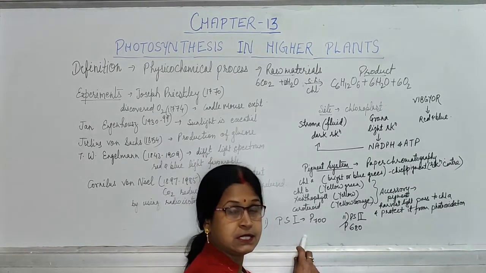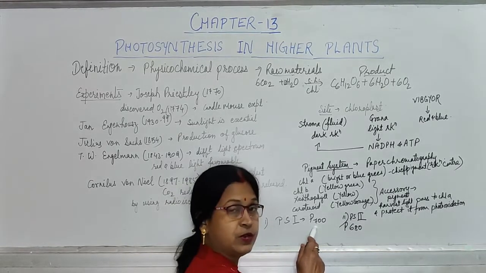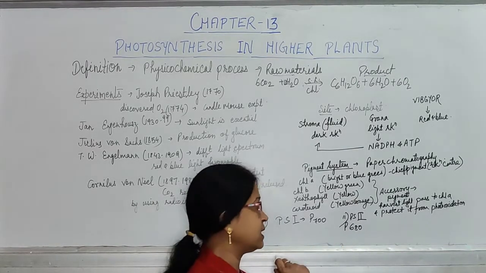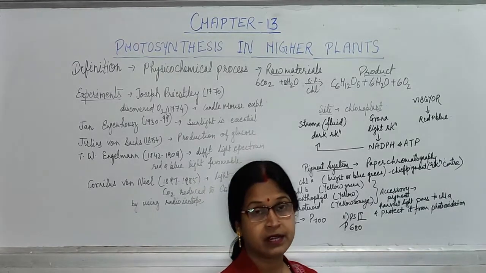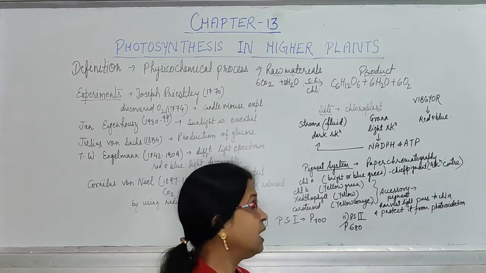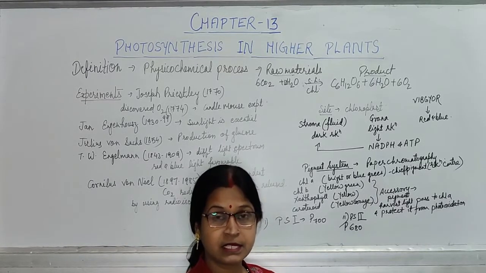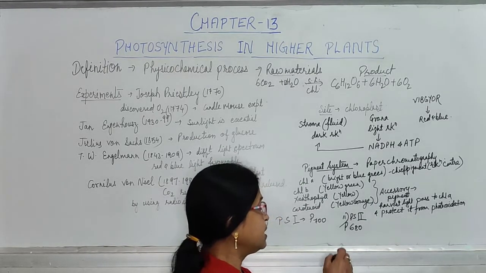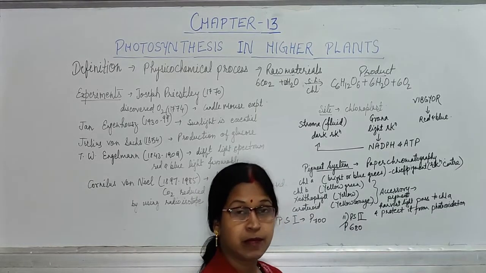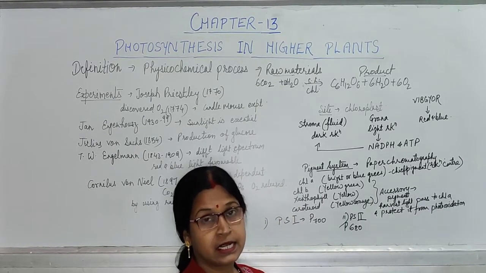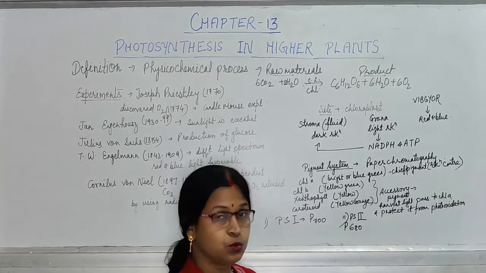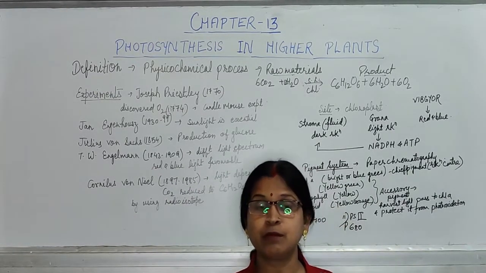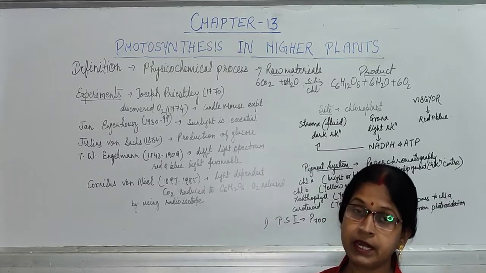Now there are two pigment systems. Pigment system 1, also known as P700, and the other is pigment system 2, also known as P680. PS1 or P700, that reaction center absorbs light maximally at 700 nm. That's why it is known as P700, whereas PS2 absorbs light maximally at 680 nm, and that's why it is known as PS2 or P680. These two reaction centers help in the process of photosynthesis by harvesting sunlight and converting it into the chemical